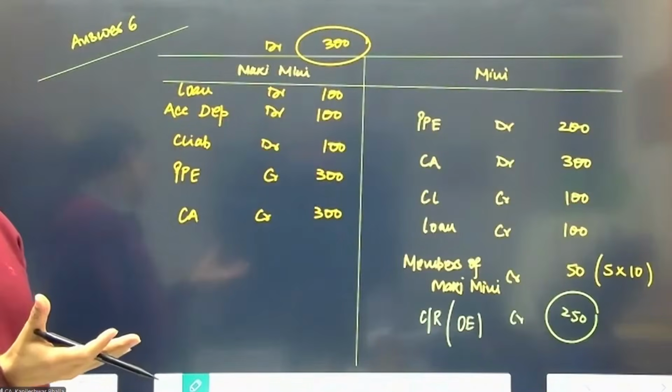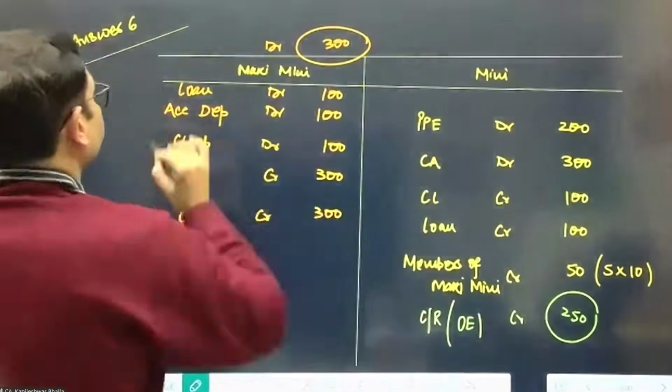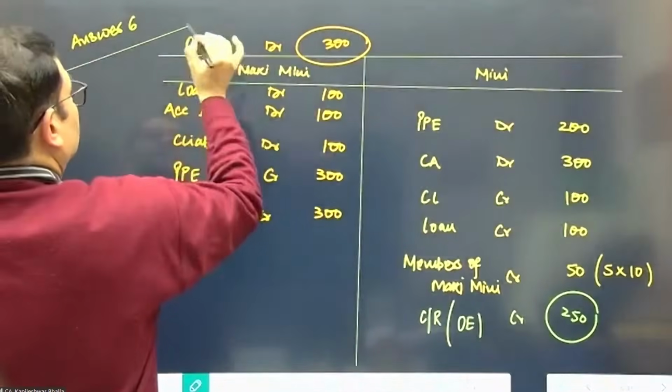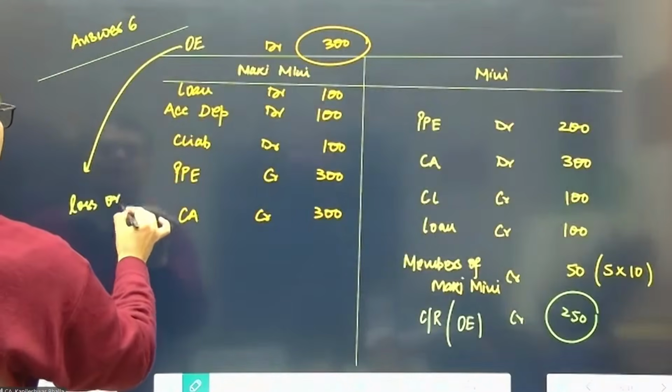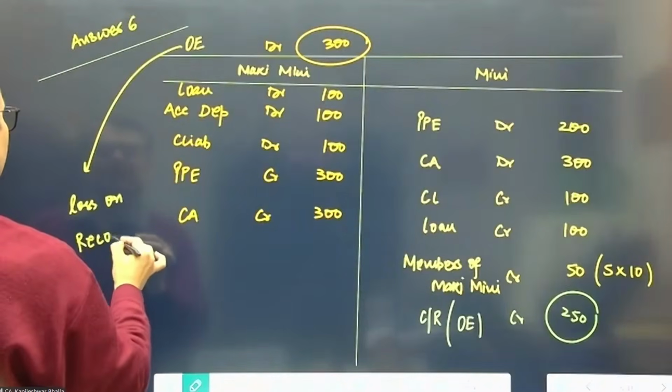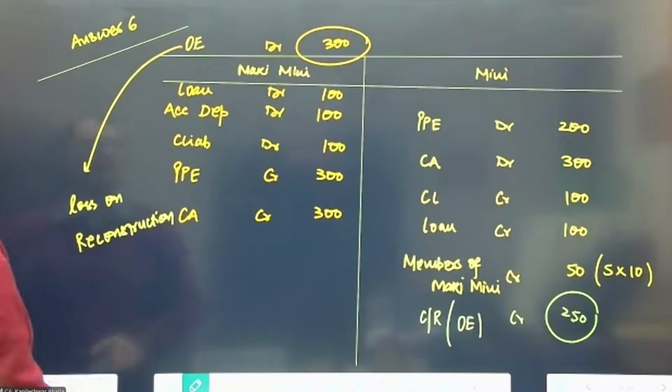It's a loss arising on account of reconstruction. Other equity. That's right. So other equity again gets a debit. This is basically representing loss on reconstruction of the company, so it gets adjusted in the other equity in this case. So I think this answers the very first requirement of the question, that is journal entries in the books of the company.